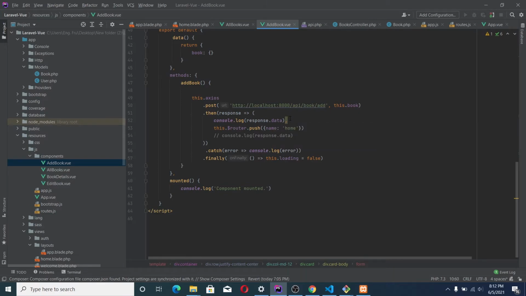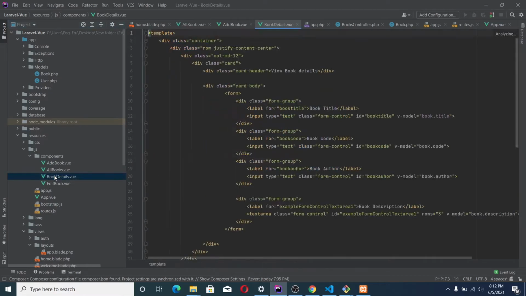This one is just for testing purposes, and then we are redirecting you back to the home. So anytime you add a book, it's going to redirect you to the home so you can see all the books, including the new book that has been added. This is where you handle the error. If there's any error, it's going to be displayed in the console right here.